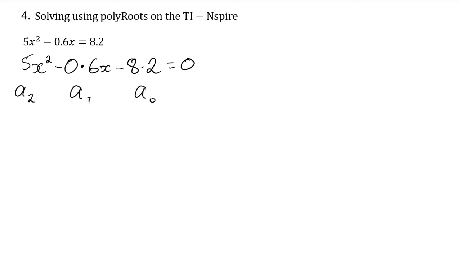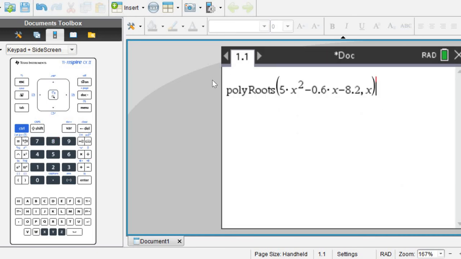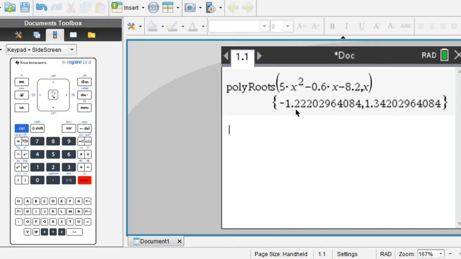Alright, so we go to our GDC, we've got 5, we've got negative 0.6 and negative 8.2. Hit OK and it brings this up. Okay, the quadratic, this comma x means we're solving in terms of x. Hit enter and there's our two solutions,